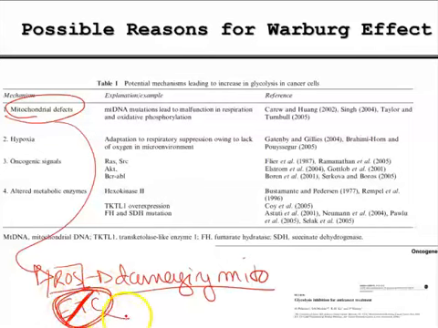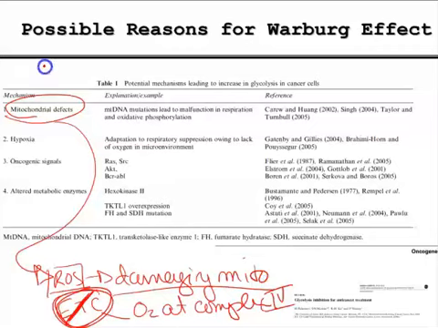And the ETC is going to essentially be detoxifying oxygen at complex 4 as we have conversion then to water. This isn't happening. And so reactive oxygen species build up in these mitochondria and they cause further damage to the